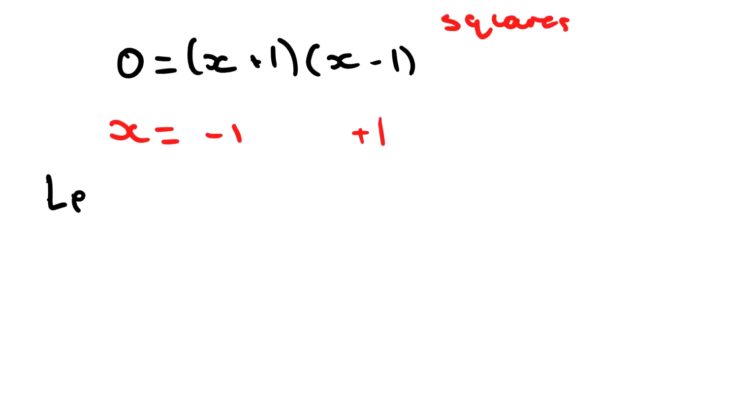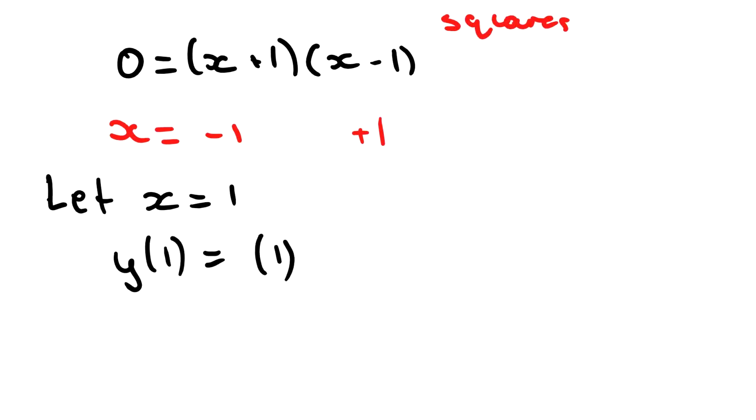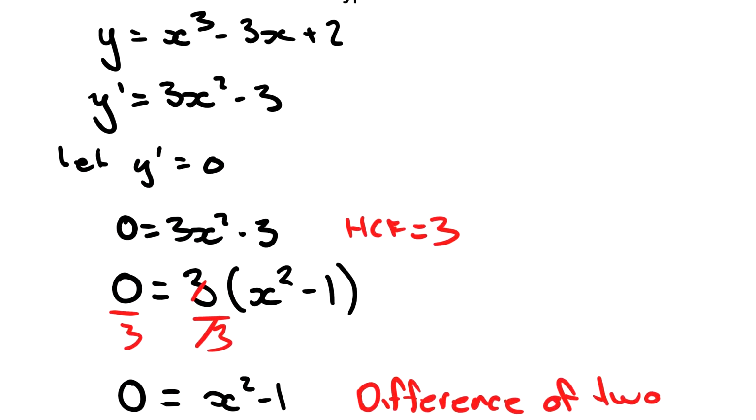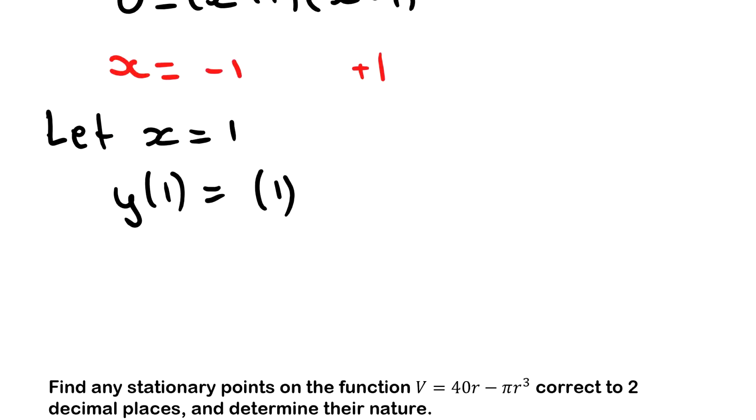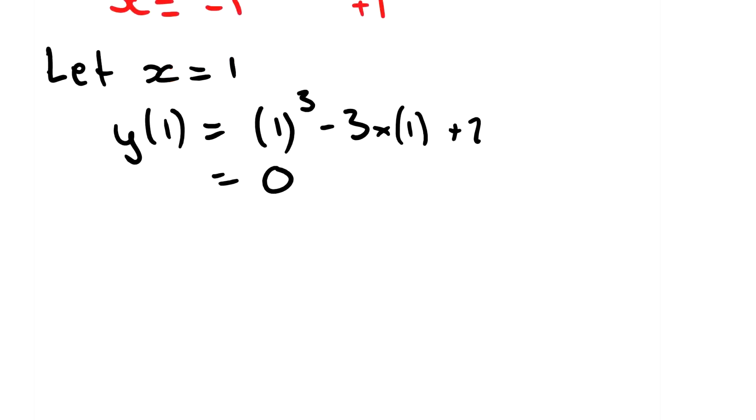So let's focus on our x equals 1 first, because positives are just easier to deal with. So what I do there is I find my y value. So I substitute it back into the original equation function up here. That equals 0. So we know our stationary point is at 1, 0, and then we do that table again